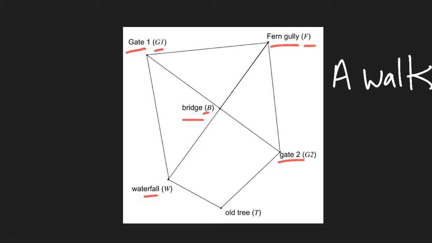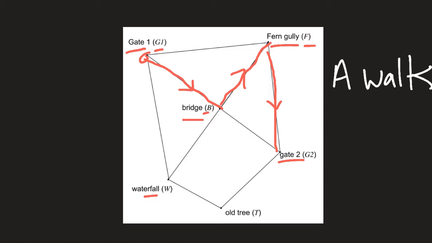So I'm going to show you an example of a walk to start. In a walk, you have a connected sequence of edges. So the edges must be connected. If I started here at the gate and first walked all the way over to the bridge, and I'll include some direction, and then I walked over to Fern Gully, and then I walked over to gate 2,